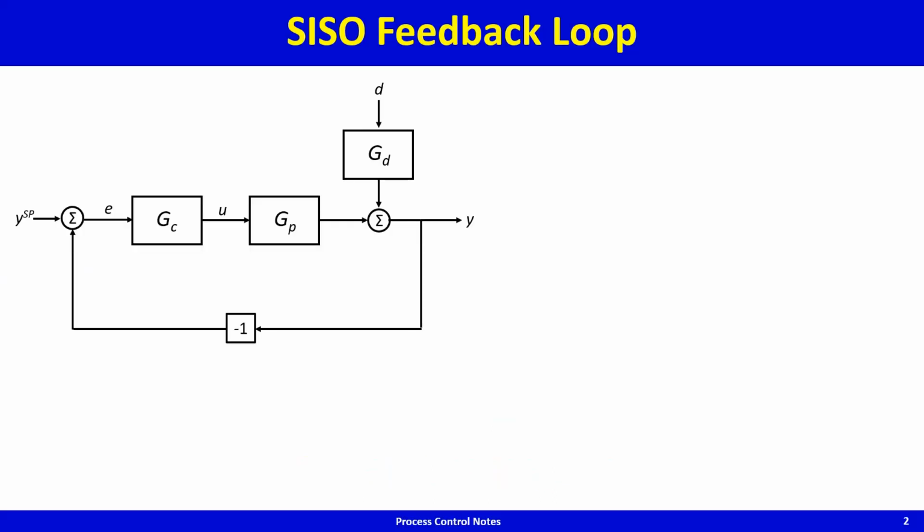Here is a standard servo feedback loop. This is the process. You can't change this. This is what it is. There is a disturbance that affects the output, and there is a control input that affects the output. We are interested in the output being at or close to the set point, and the idea behind feedback control is you get the deviation away from set point